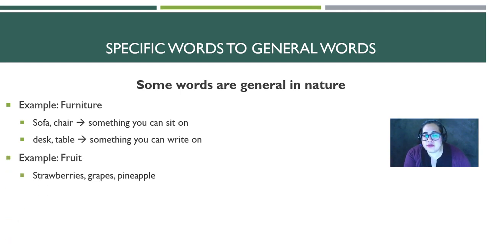And another example is fruit. Specifically, fruit can mean strawberries, grapes, pineapples, apples, oranges, etc. And as a category, we can call it fruit. Similarly, I'd like to remind you that sometimes in ASL, the way people communicate is to list